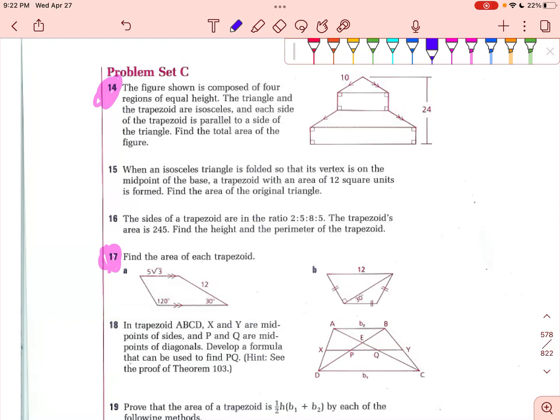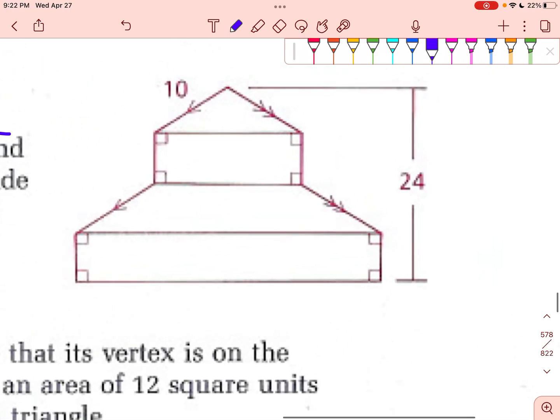Okay guys, so we're going to start with number 14. The first thing is to make sure we read the problem. It says it's composed of 4 regions of equal height. The triangle and trapezoid are isosceles, and we have our parallel sides. So it says this is comprised of 4